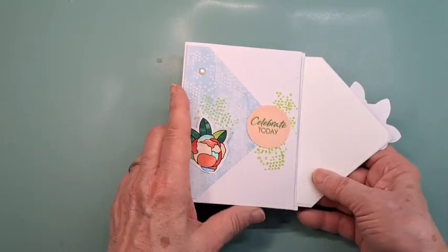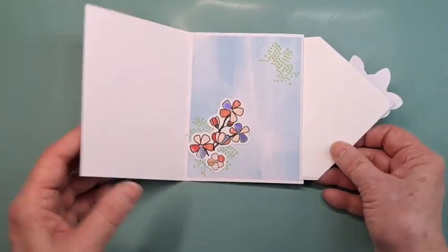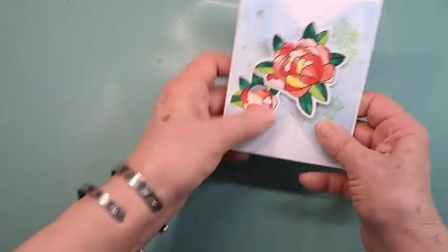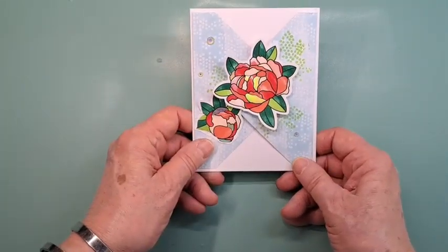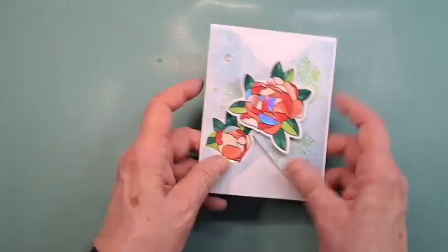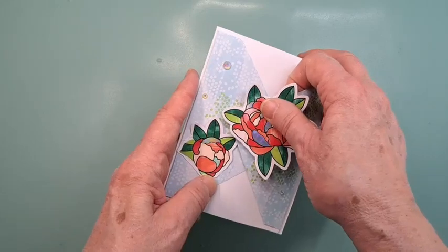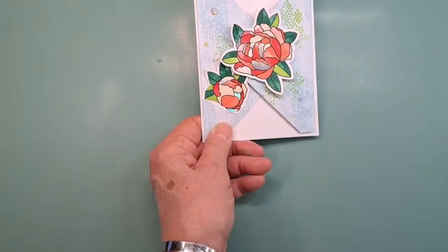But anyway, so to celebrate today, and then I did that on the inside, and I'll wait till I'm giving it to somebody to decide what I want to put there. But I just thought that was kind of a fun little way to do that, a different way to use the envelope, and just a different little fold. Okay, a trifold. Okay, but what I'm going to spend the time on today is